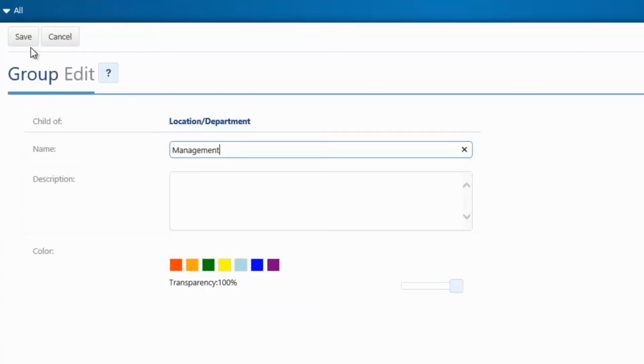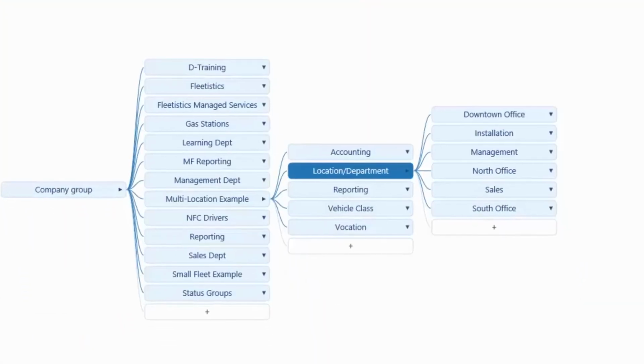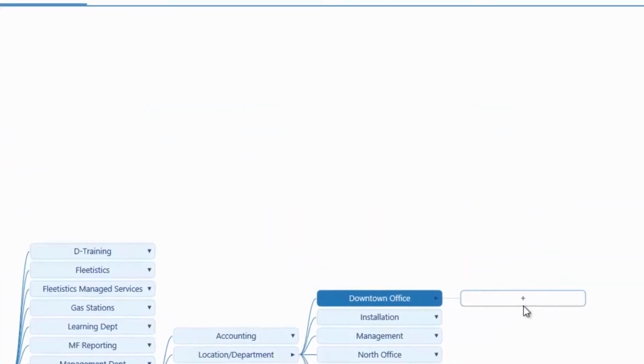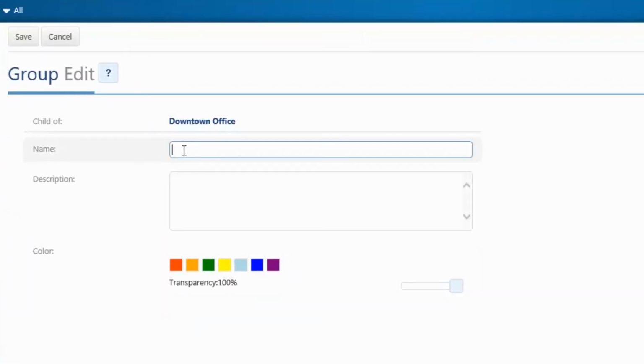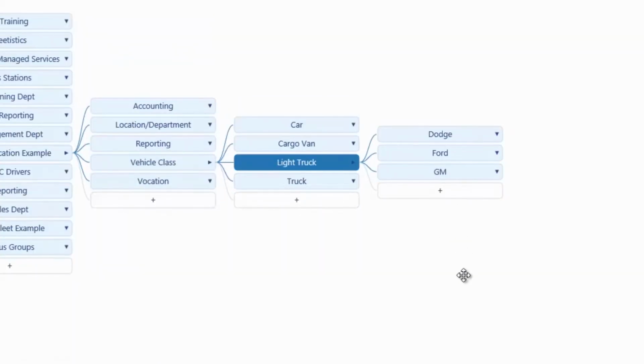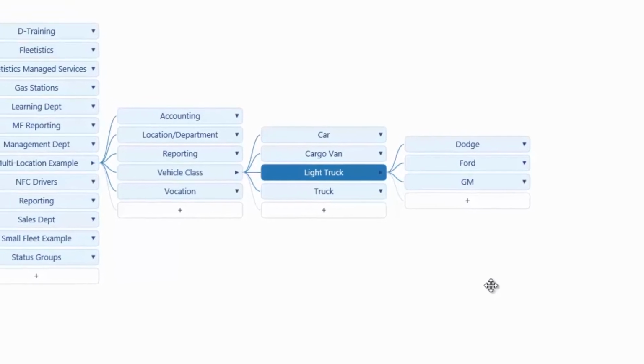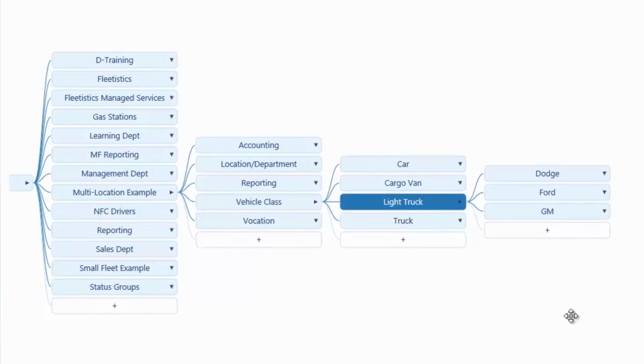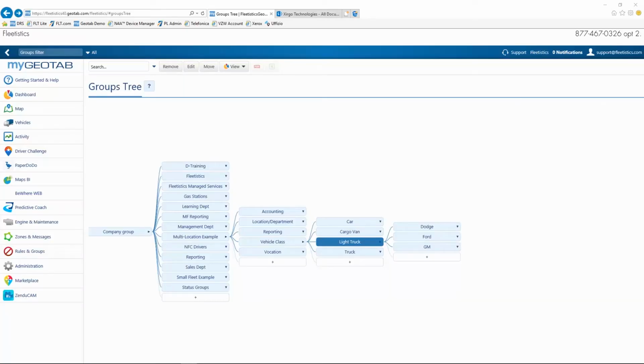This structure allows for separate data access levels as well as administration of user clearances for managers and staff of each office or department. This same approach can be taken with other groups. For example, the subgroup light truck can include additional subgroups of Ford, GM, and Dodge to allow for further granularity in reporting. By adding these additional subgroups, reports such as fuel usage report can be run by vehicle manufacturer to compare operating costs. Now that the purpose and use of groups have been discussed, let's take a look at how